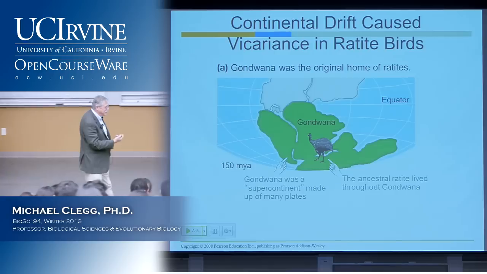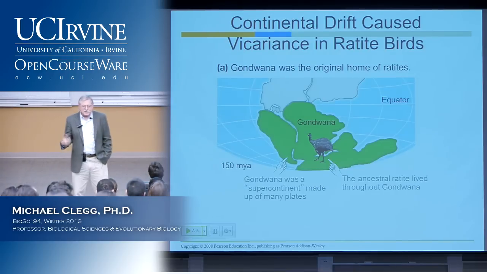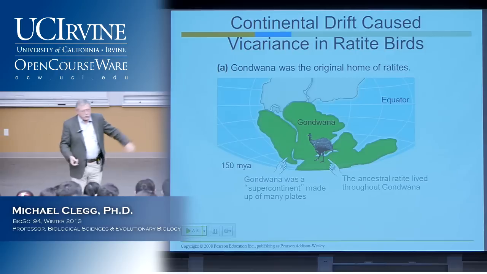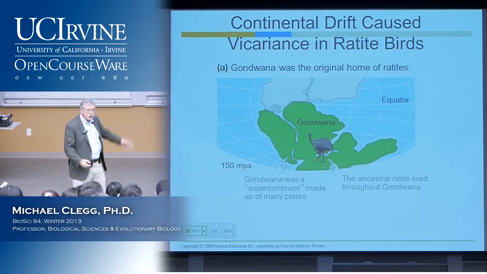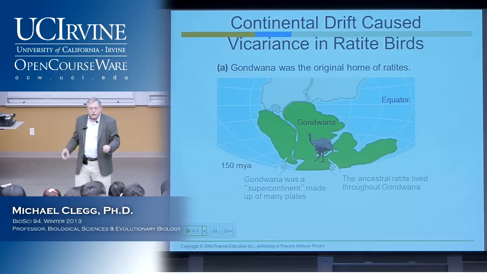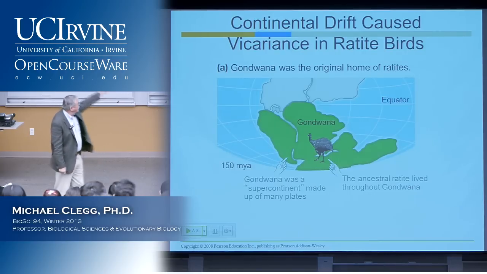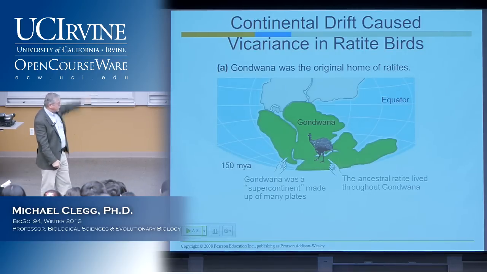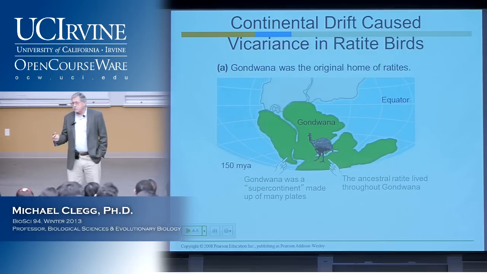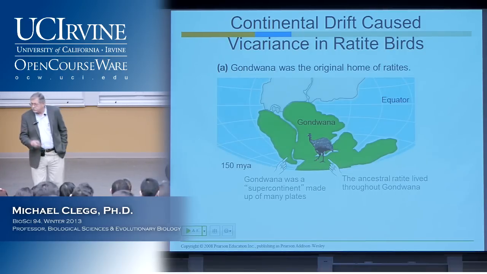It was actually in the previous edition, and I kind of like it. It's an example taken from continental drift. About 150 years ago, there was one massive continent on the Earth. It was called Gondwanaland. And during that period, a group of flightless birds called Ratite birds began to evolve, and